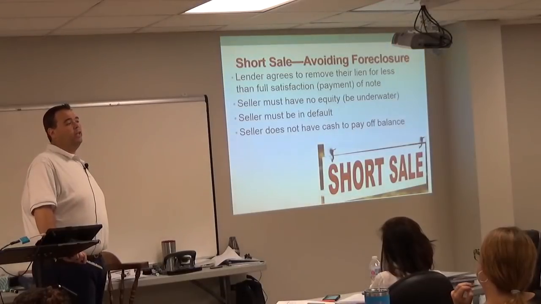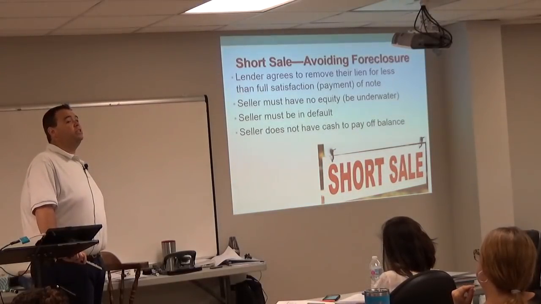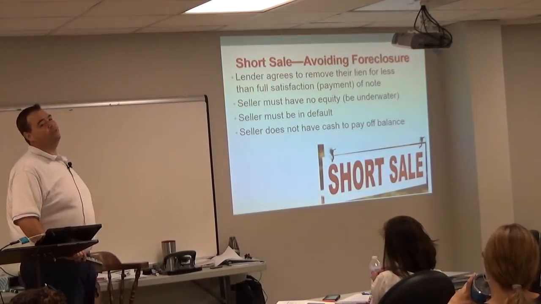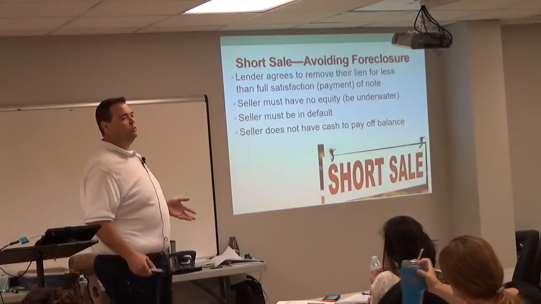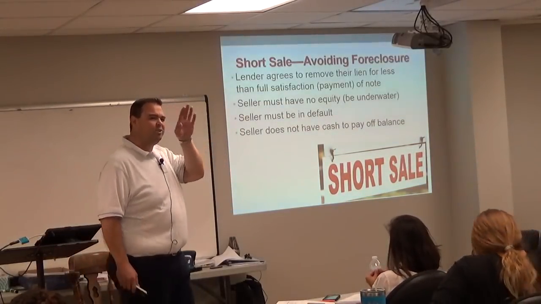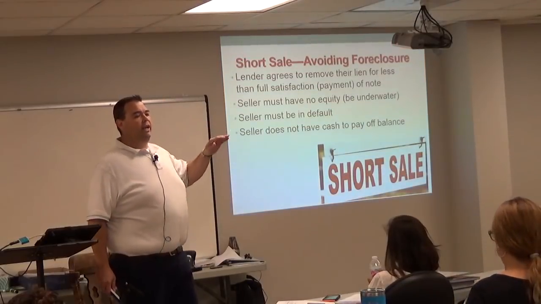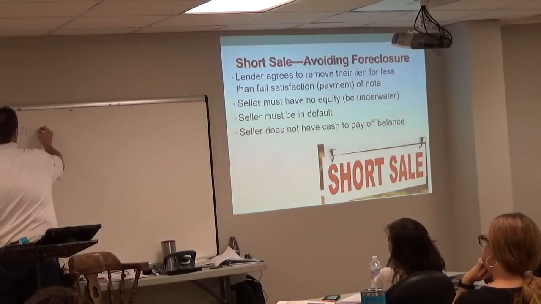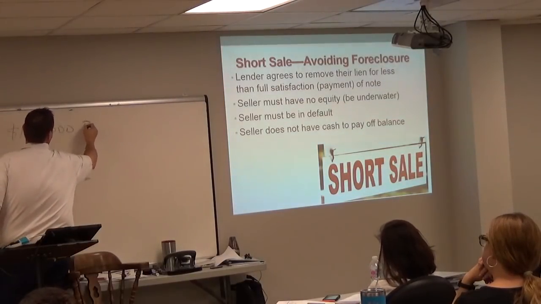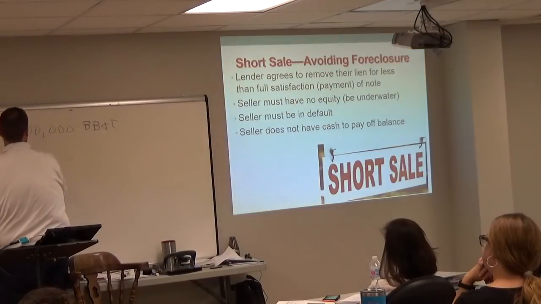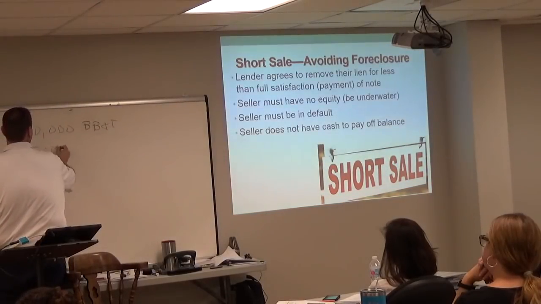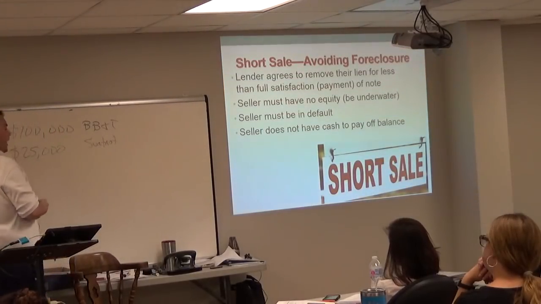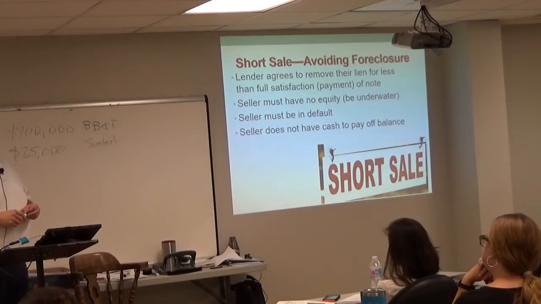Especially if you get multiple lenders, like a first mortgage and a second mortgage, because then you have to get both of them to agree. Look at it this way, and this is going deeper into a short sale than you need for the exam, but just to get your brain in the right place. Let's say you've got two notes out there. You've got a $100,000 note to BB&T, and you've got a $25,000 second mortgage to SunTrust. And now the borrower wants to do a short sale.